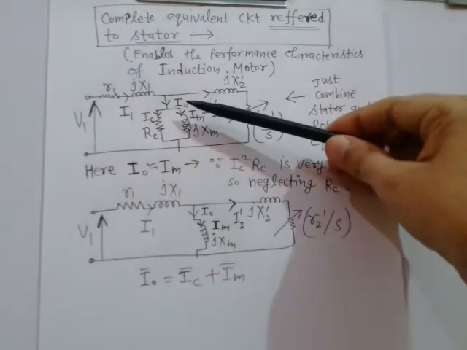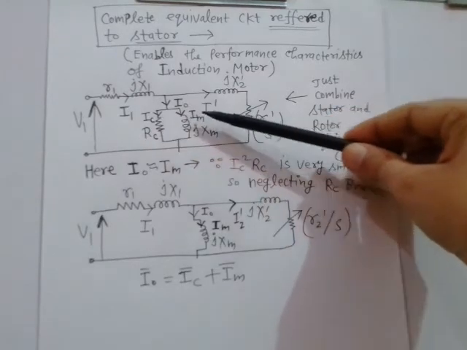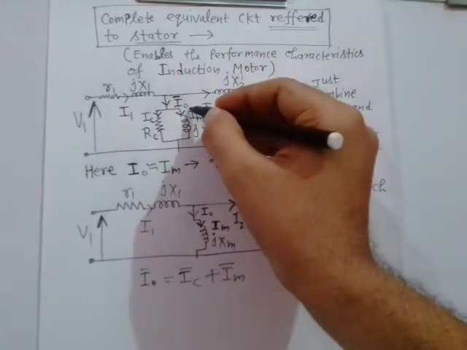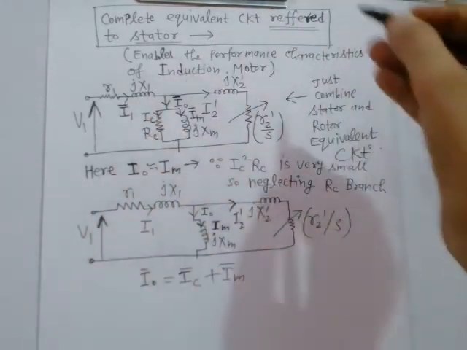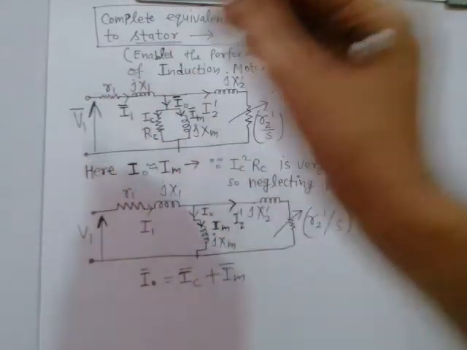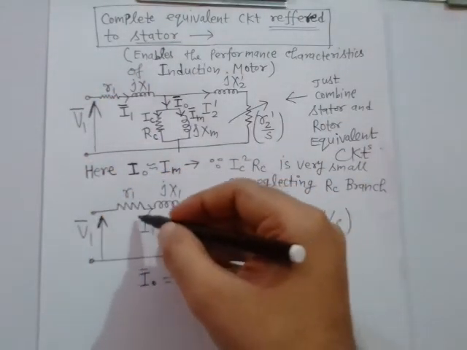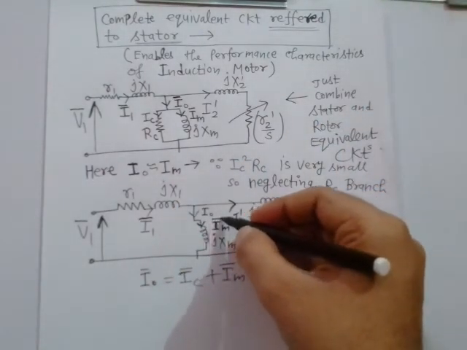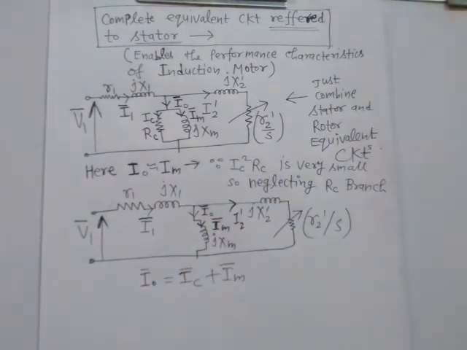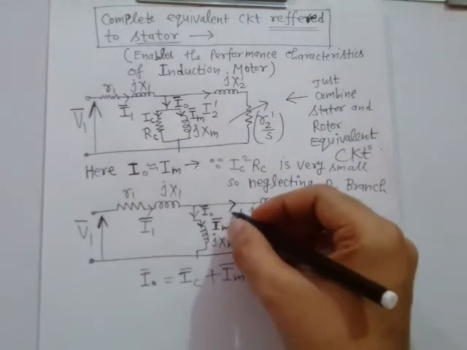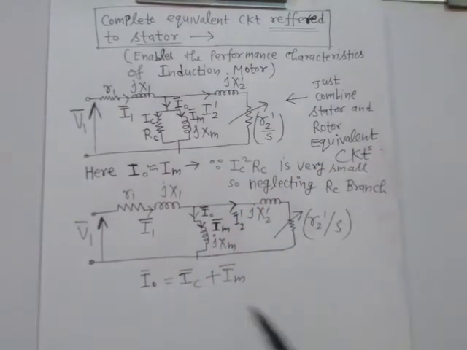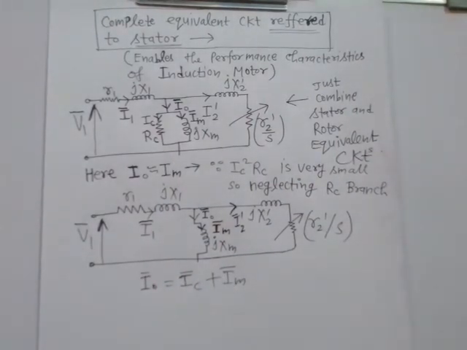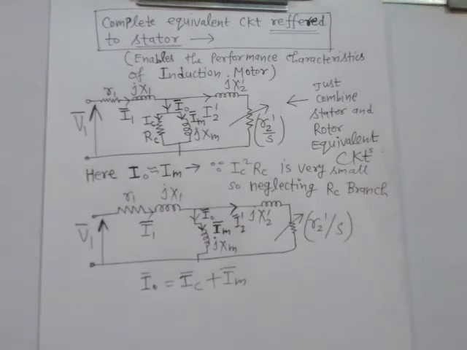Here this I0 is the phasor sum of IC and IM, right? Remember, all these are AC values because we are dealing with AC, so represent these by phasor sign. All these are phasor values. Phasor means magnitude with some angle attached to it. So this is the complete equivalent circuit like this, okay? I0 is basically IC plus IM, the phasor sum of core loss current IC and magnetizing current IM. You understand this? All right.